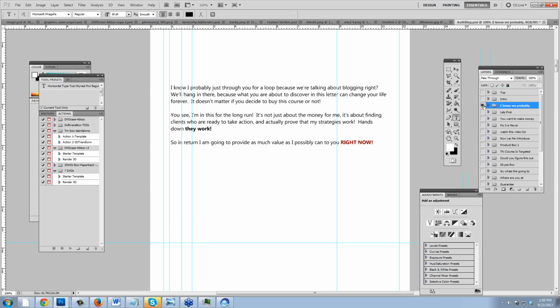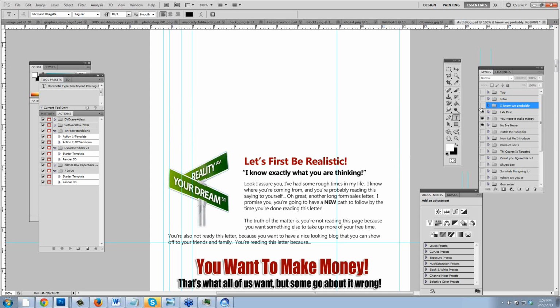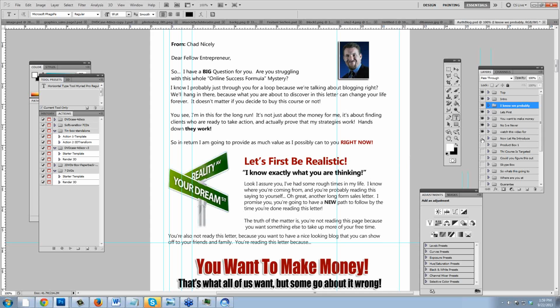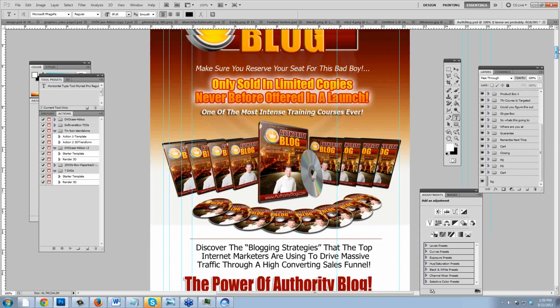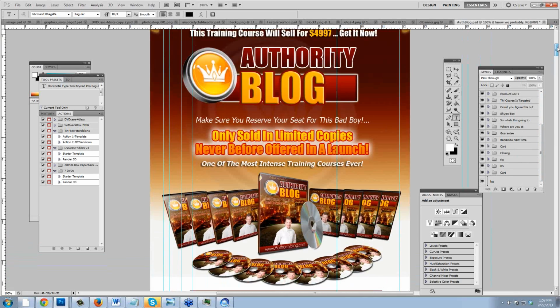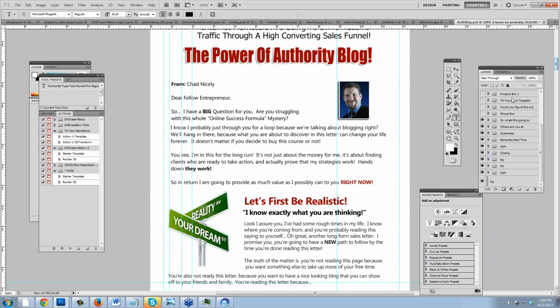Once I'm done with that group, guys, I turn this off. I come and turn on my next one. Do you see how easy this is? But when you're all said and done, you have beautiful sales templates that you can use in any niche or market, just like I have here on the screen. But remember, simplify it, do it in little chunks here, and anybody can do this stuff when you have the